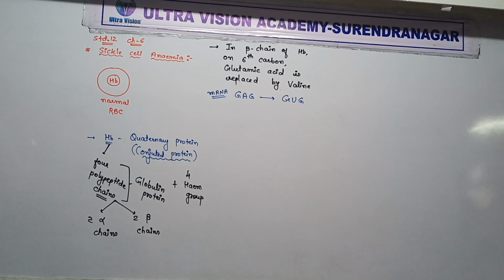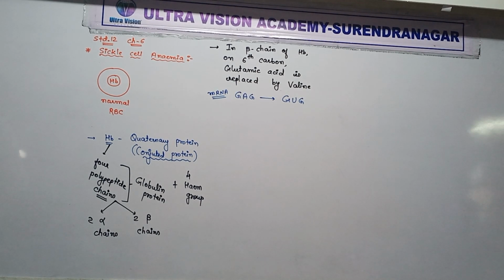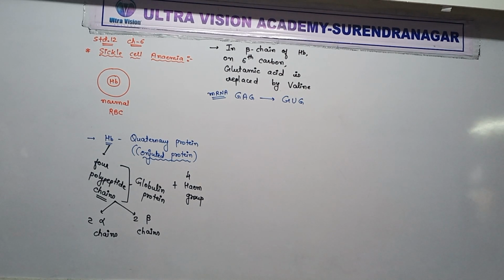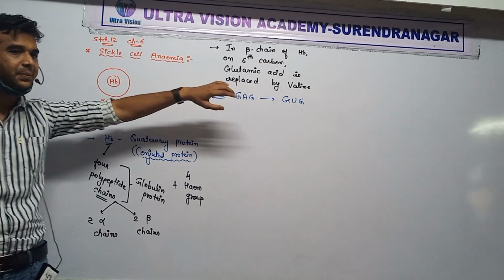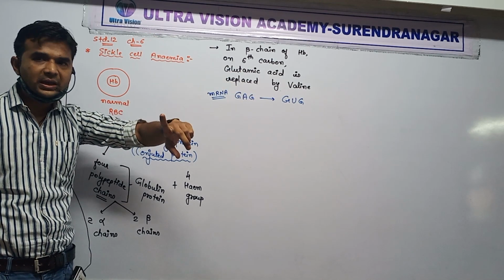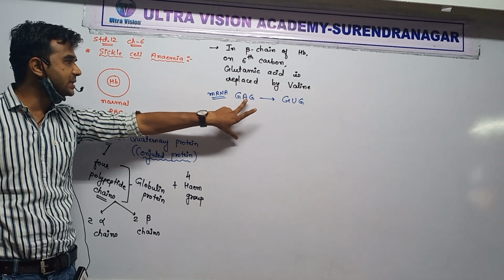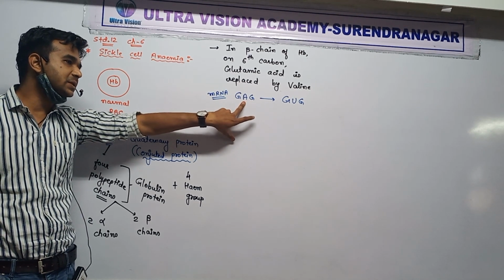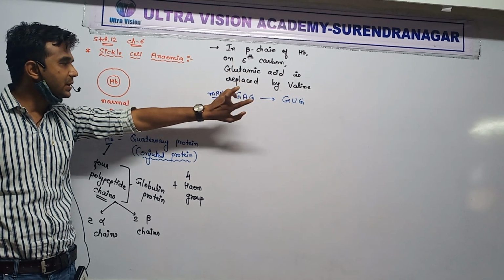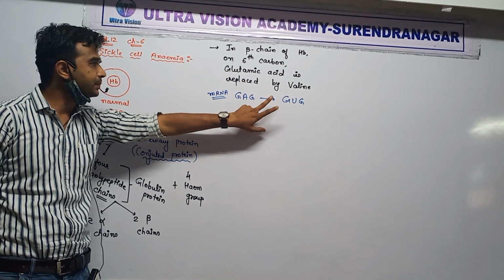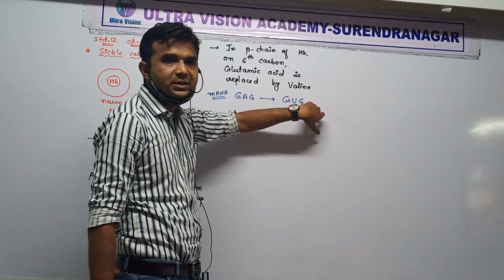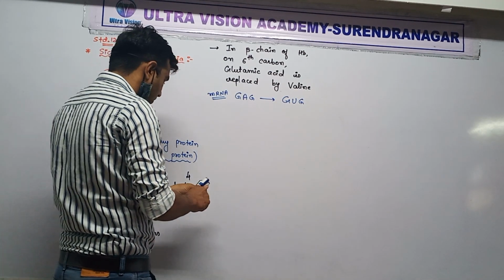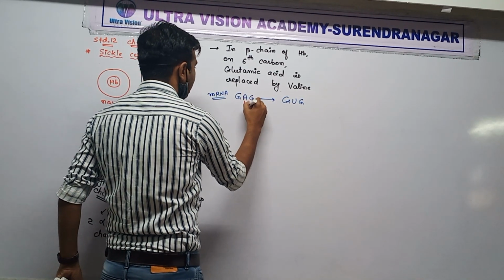Here, this is known as triplet code, or we say that codon. 3 nitrogenous bases are united together. We say that triplet code. So for normal hemoglobin the GAG code is there, and this GAG code represents glutamic acid. But instead of the GAG, GUG is present. So we say here that